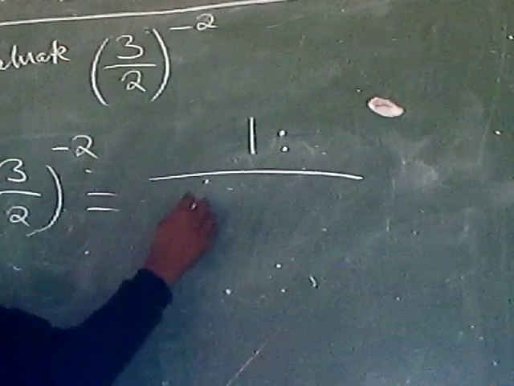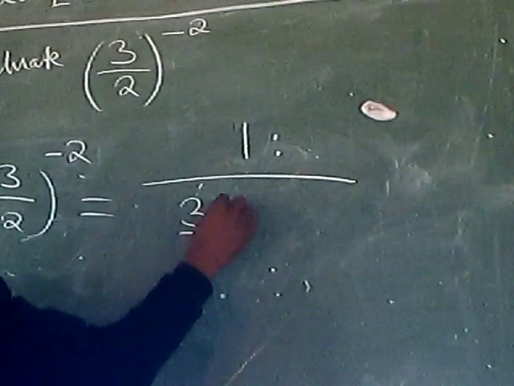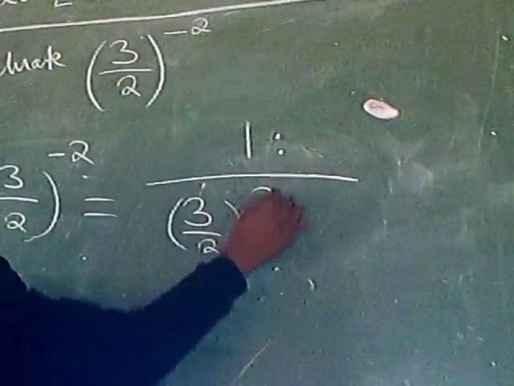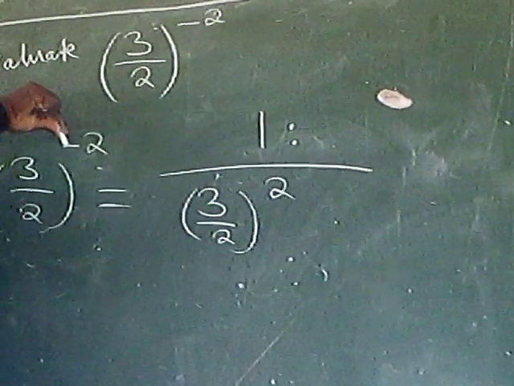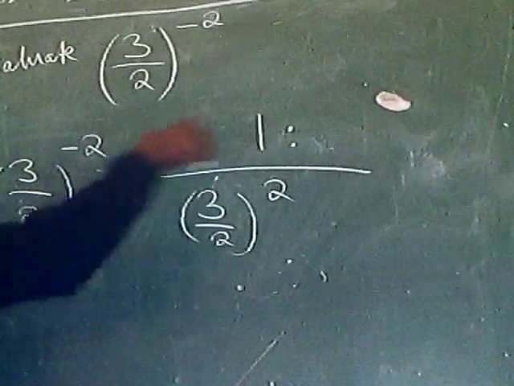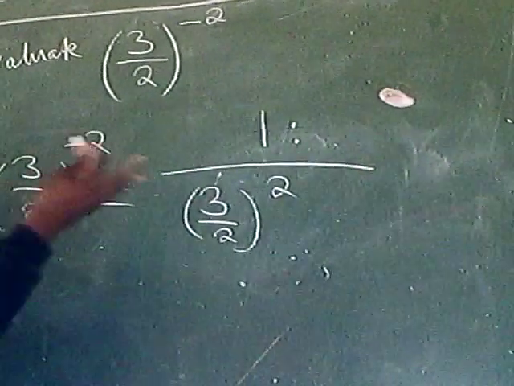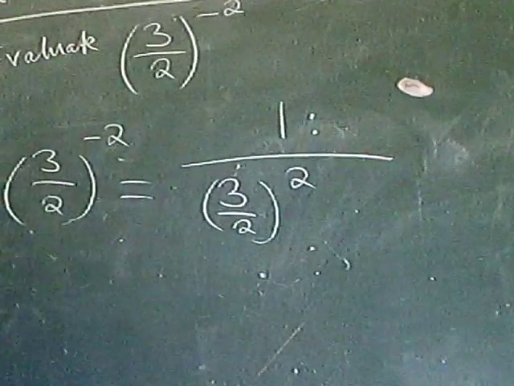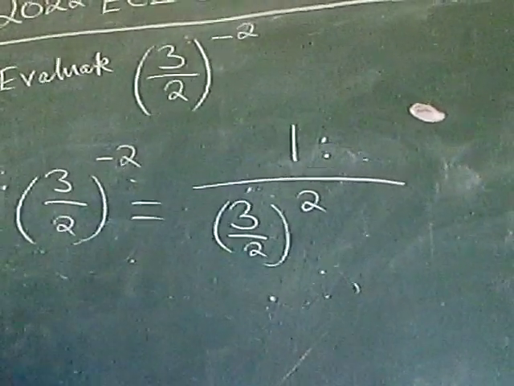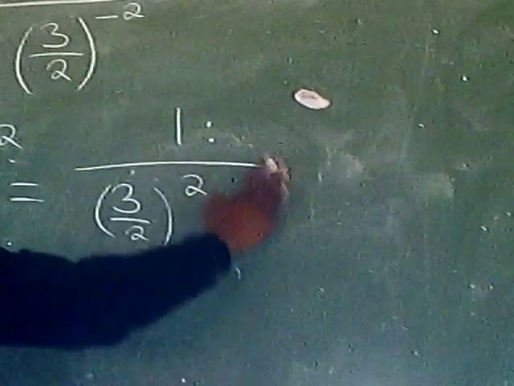Of course, 3 over 2 in brackets to the power 2 here. I'll repeat once more. This negative you're seeing in the power is actually 1 over. 1 over what? 3 over 2 to the power 2. That's of course method number 1. Which, if simplified, this will give